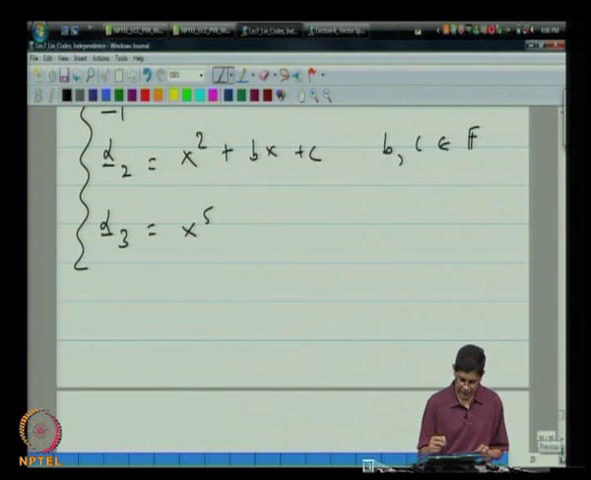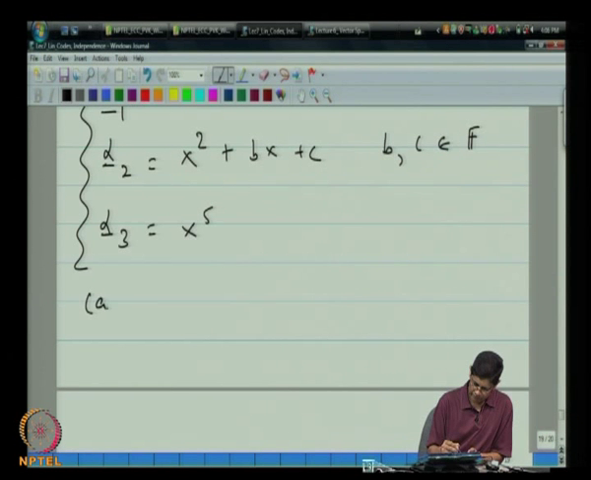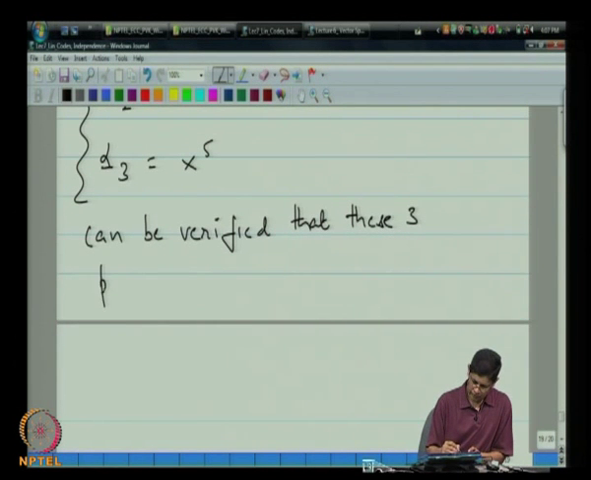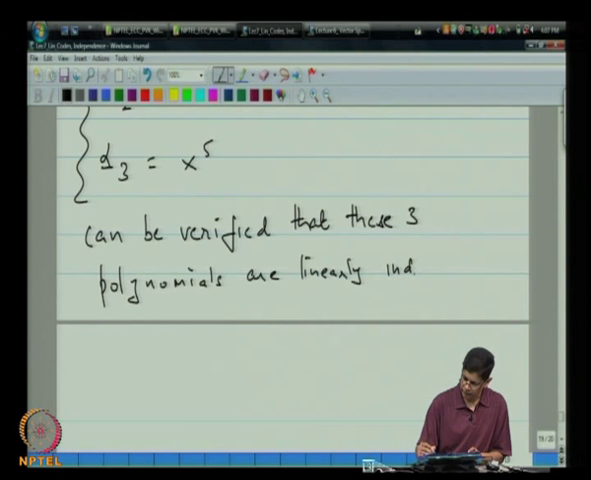Can be verified that these 3 polynomials are linearly independent. Now,